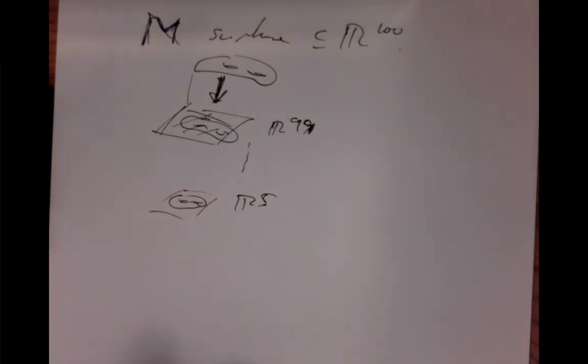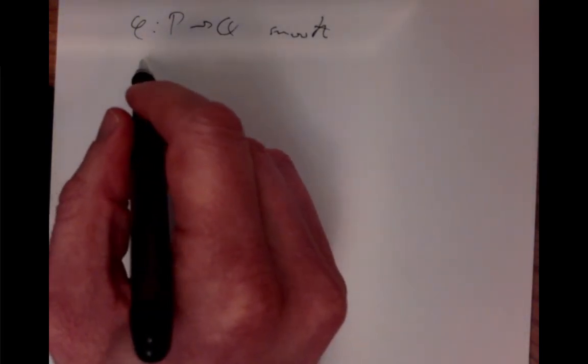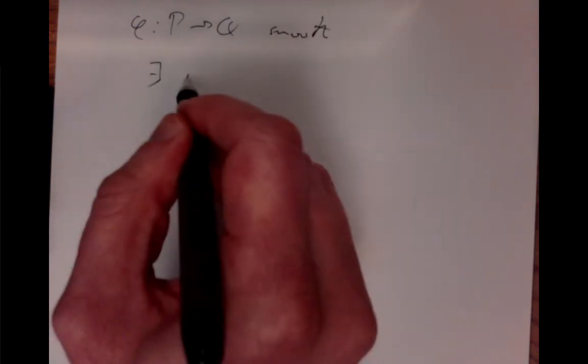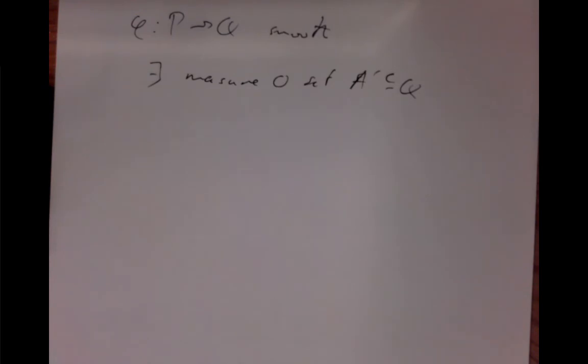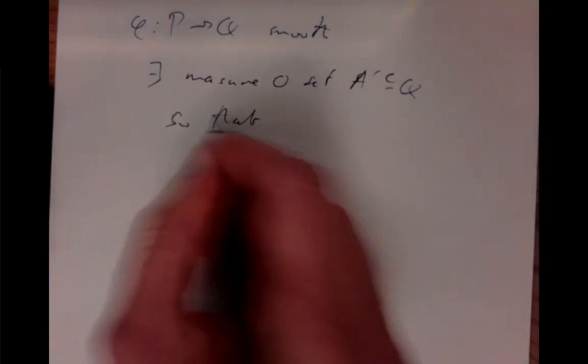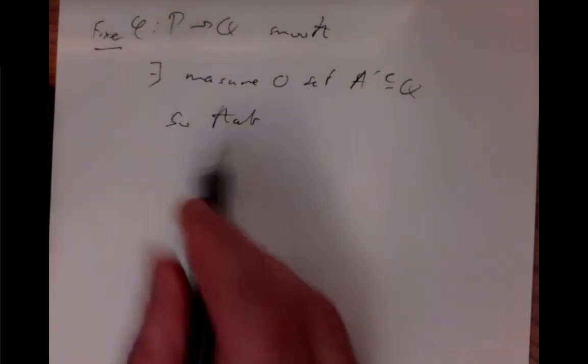We want to use Sard for various reasons. Basically, we want to try and perturb things into some sort of general position, and so the fundamental fact here is that if phi: P to Q is a smooth map of manifolds that don't have to have the same dimension anymore, so they could be any dimensions, then there exists a measure 0 set, A prime, containing Q. This is almost exactly the same thing I said about Euclidean space previously, so this is an exercise for you to try, so that